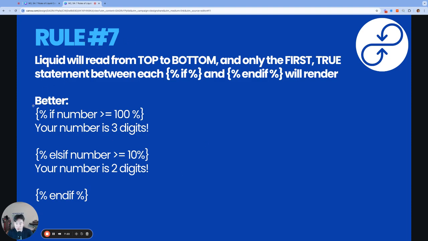Liquid will first check the if statement. Is that true? Correct. It'll say your number is 3 digits, and then it won't even consider any of the logic below. It'll just end the if statement, because conditionals will only render the first true statement. So the correct one will get rendered. We keep the order of the logic and the conditions in mind, and this is a better way of writing it. And of course, keeping our rule number 6 in mind, the best way to write this conditional would be